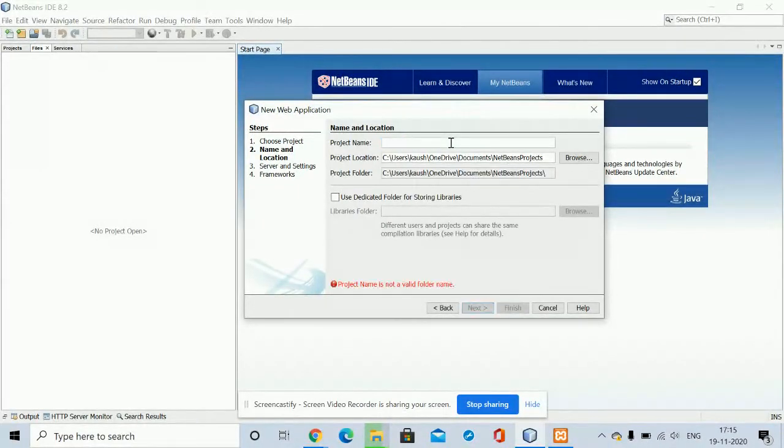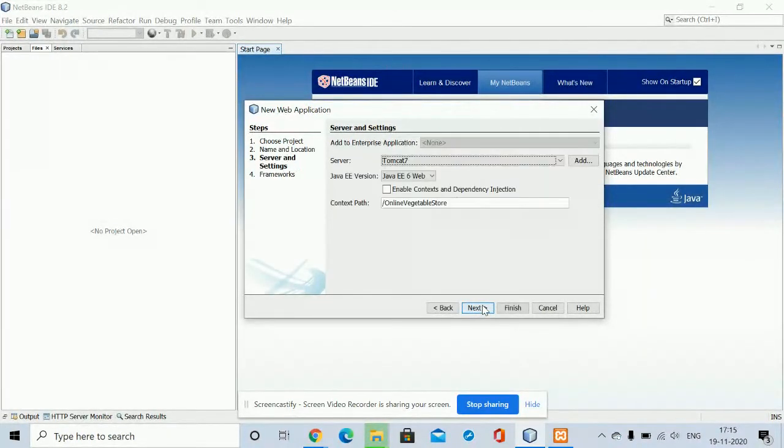The project name is online vegetable store. Once you enter the name, click on Next. Here you need to set the Tomcat server. Currently I'm using Tomcat version 7. If you have Tomcat version 8, then you can use it.